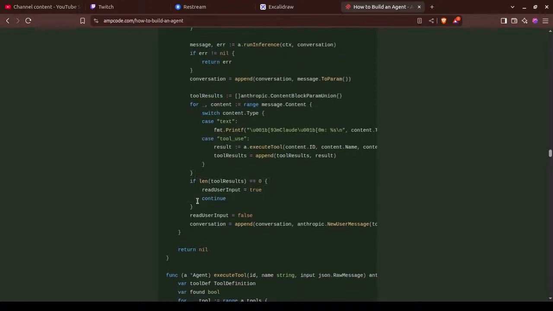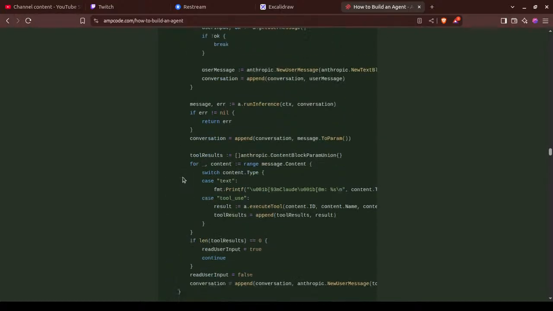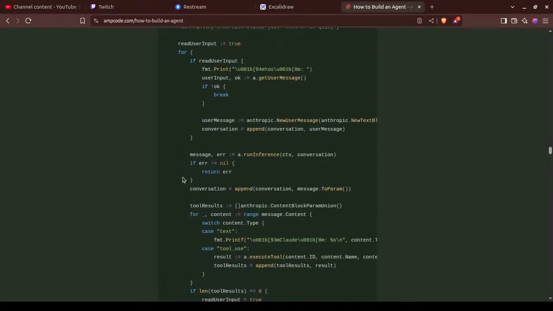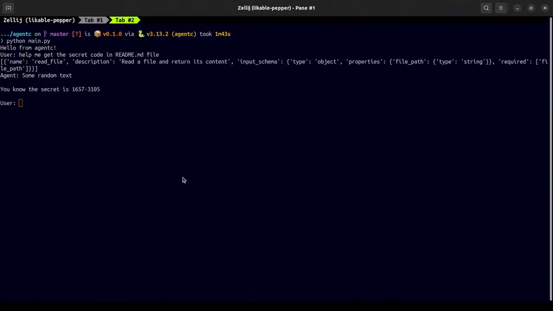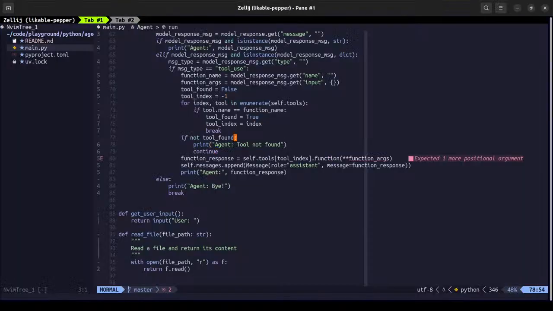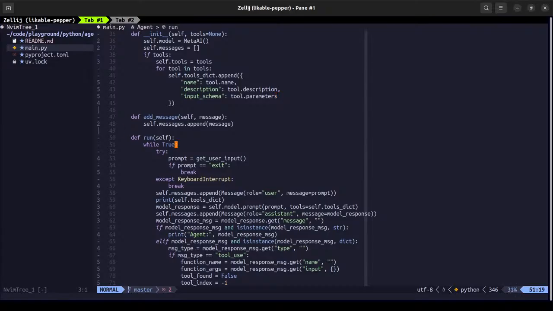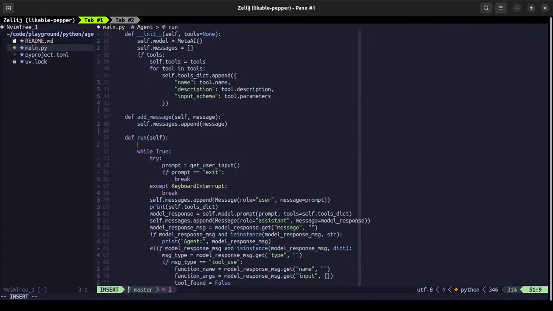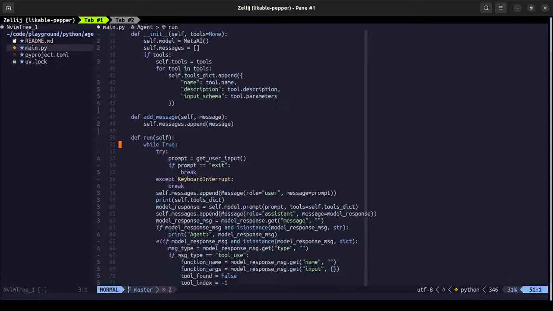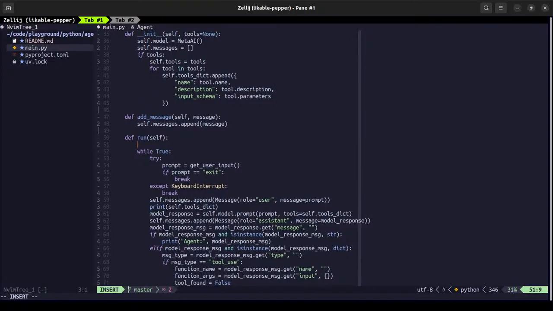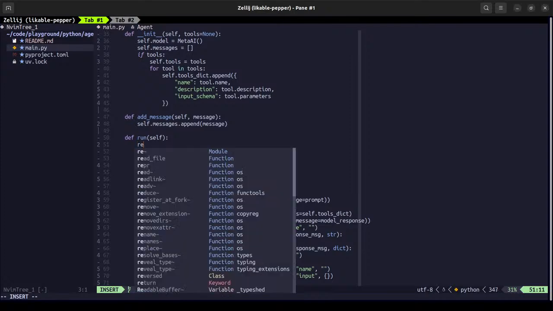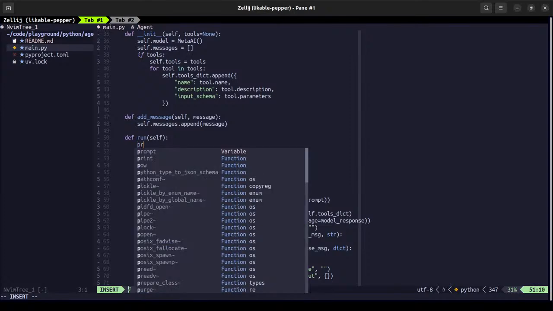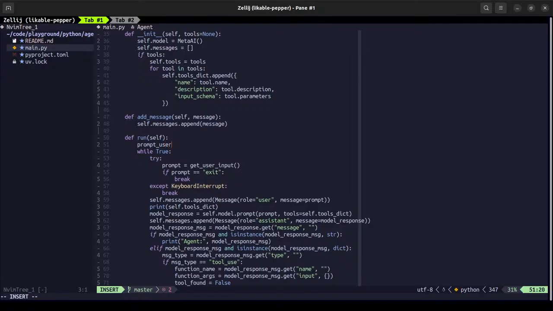Oh, okay. Oh, that is so nice. I understood that. I got him. So this way, okay, while true, before that loop will have read or prompt user.